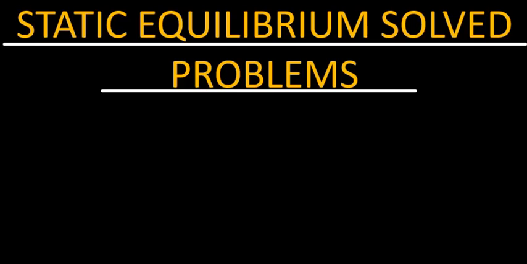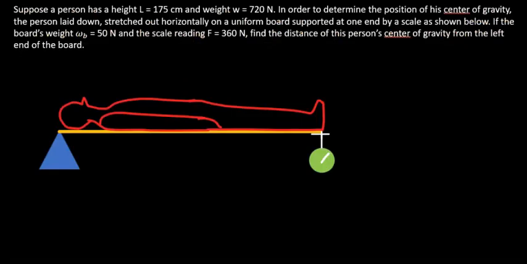In today's video, we will look at a few solved problems on static equilibrium. Problem 1. Suppose a person has a height of 175 cm and weight of 720 newtons. In order to estimate the position of a center of gravity, which is the point through which the weight of the